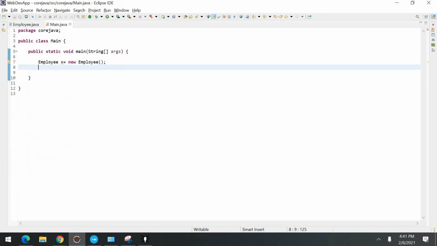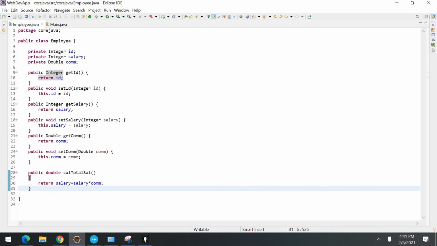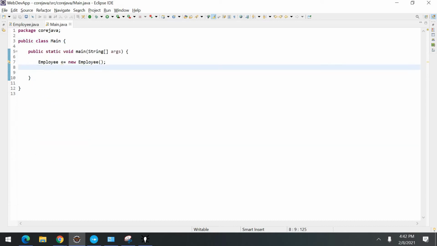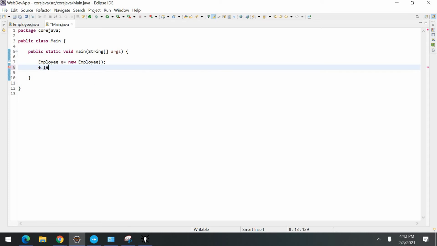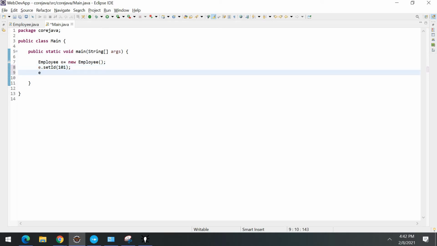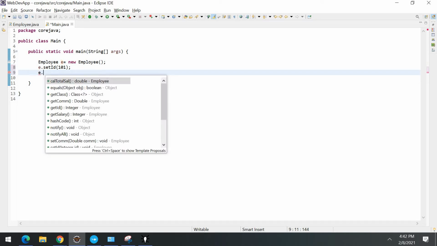So let's suppose I want to call these methods. I will come to my main class, and I have created one object of this class here, right? If you see, we have a class with the name of Employee, so I have created an object. Now I will call the setters just to set the values of our variables. Set ID, let's suppose I did 101. In real time applications, you read this value from a database, right? But here we are understanding method chaining, so we will focus on that only.